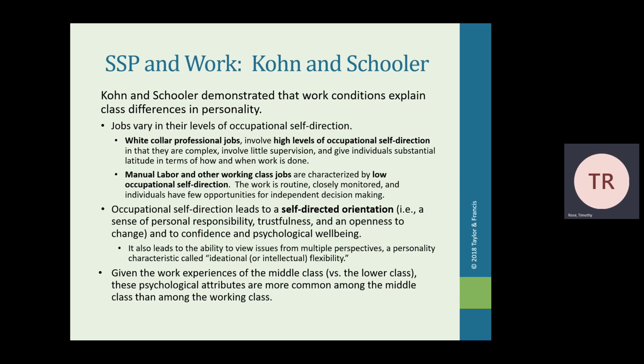So in this way, we can see the relation between macro, meso, and micro level structures, although in this study, the macro to meso level connection wasn't necessarily explicitly studied, right? They weren't studying the process by which you move from being in a middle class environment and how that transition causes you to transition into a white collar professional job. This was more taken for granted as something that happens. You can see that there's actually a pattern in who gets into these various jobs, and that pattern has a social class element to it.